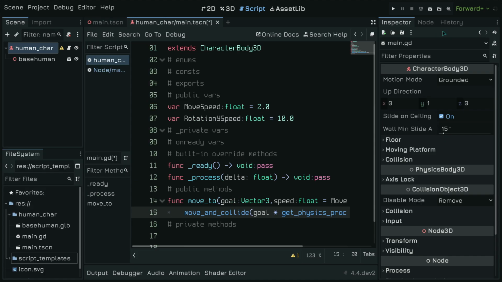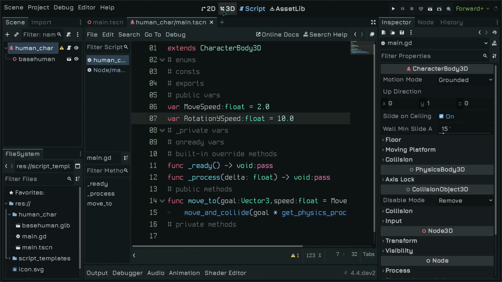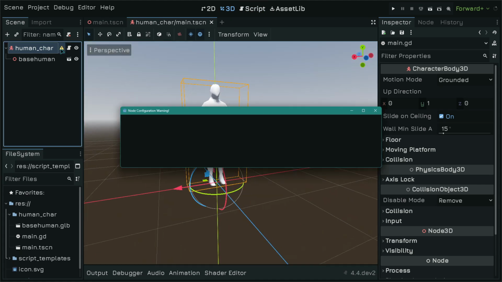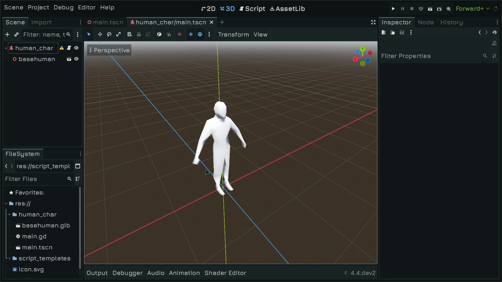Alright, so this should take care of all the needs for this character to move around. Now, another note: since this tutorial is not about collisions, I am not going to be doing anything regarding collisions. So you can see that it's asking for a collision shape and stuff, but we're not going to do anything about this. We'll be handling the collision things in the next video, so for now let's just take care